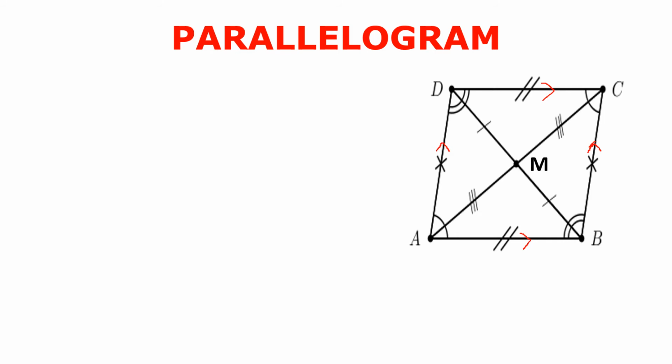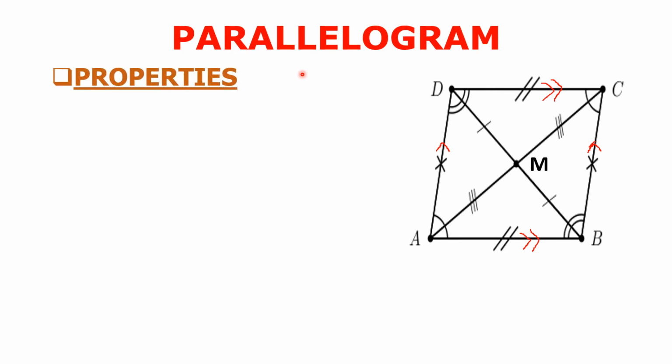The arrows show that they are parallel. I'll just show a double arrow here just to make it look different. So you can see side AB is parallel to side DC and side BC is parallel to side AD, and that is what we call a parallelogram. The definition of a parallelogram: a quadrilateral in which the opposite sides are parallel is called a parallelogram.